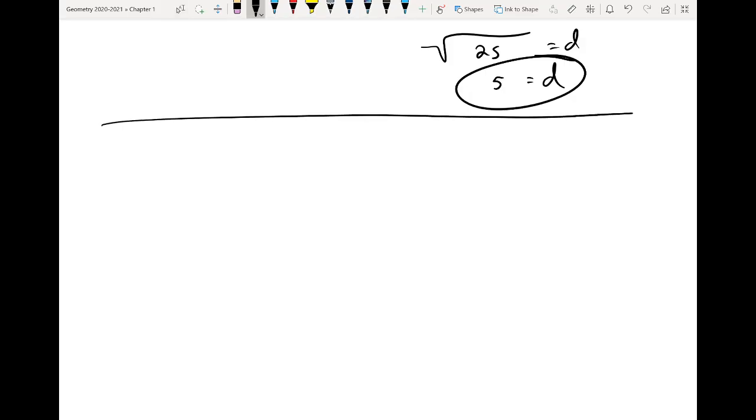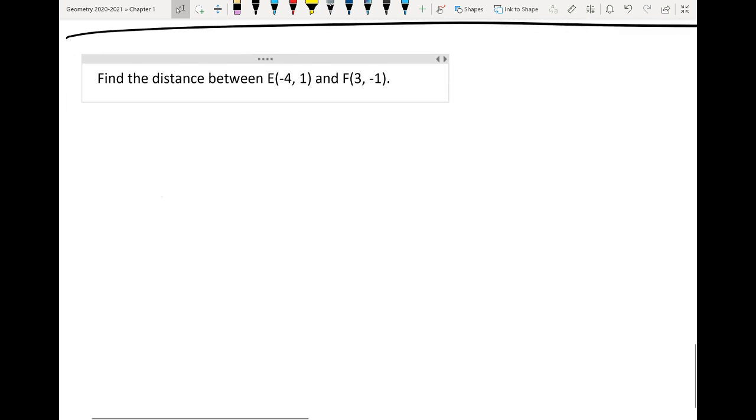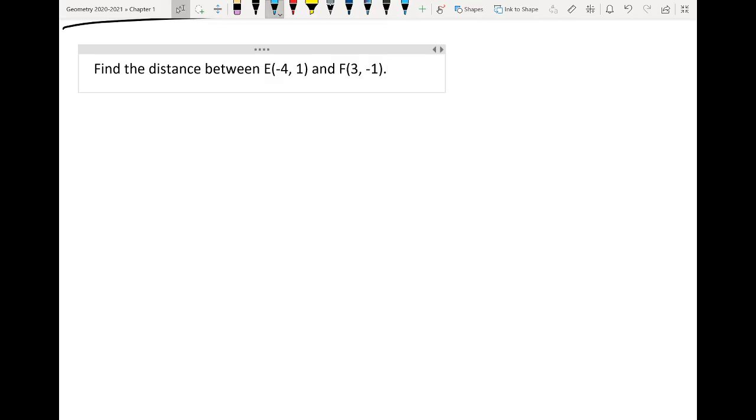All right, so let's jump into it. This is an example of something you're going to see on your homework. We're going to find the distance between E, which is -4, 1, and F, which is 3, -1. I'm going to go ahead and just make that a little bit larger for us to see. All right, so for EF,